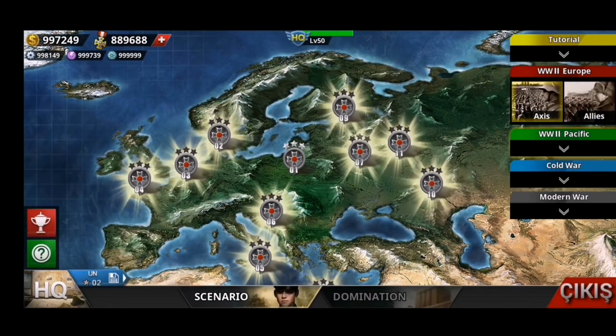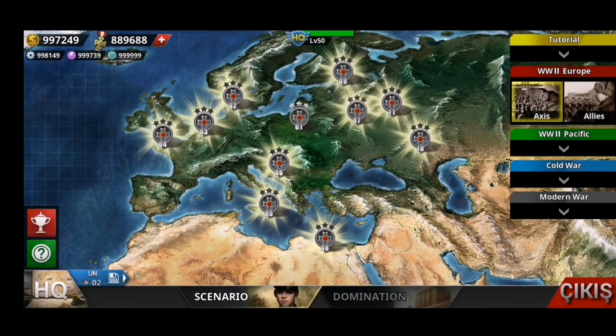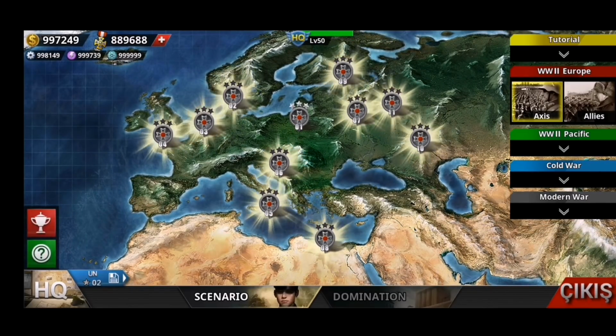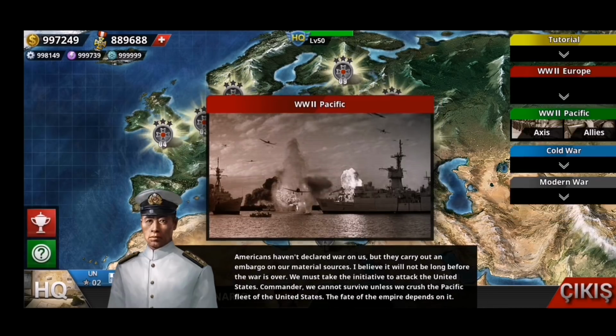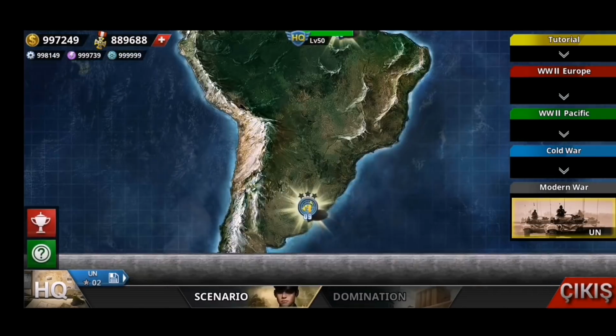As usual, if you want to get unlimited metals and resources, all you have to do is beat Blitzkrieg, and you should be able to unlock all the resources and all the levels too. So you can see the Pacific, the Cold War, and the Modern War. In the Modern War,